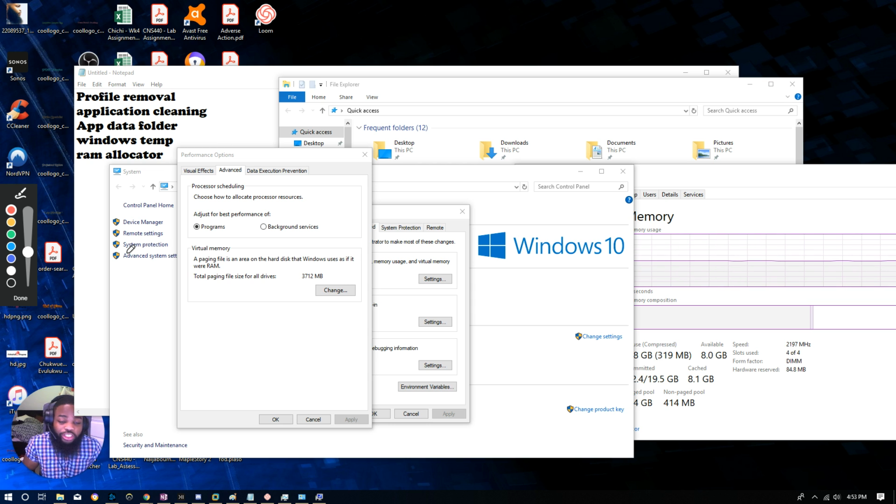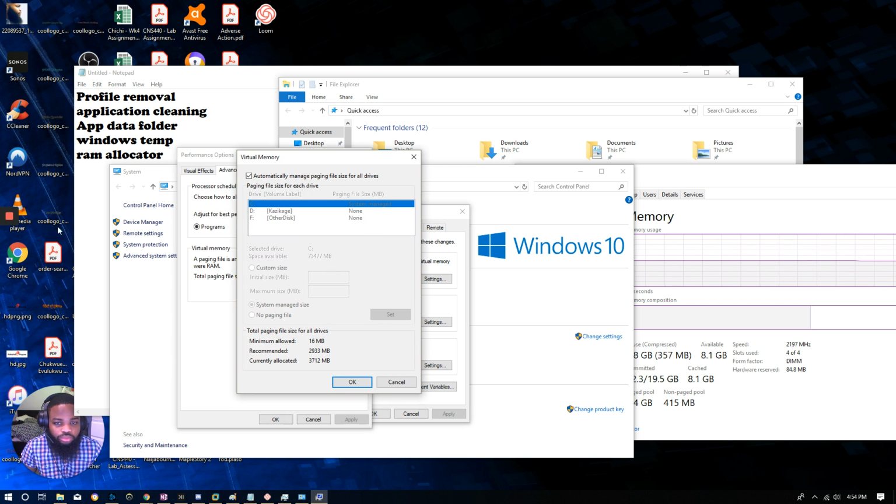So basically what that means is that as Windows sees fit, it takes space from your hard drive and uses it like it was RAM. That's pretty much what it's doing. As you can see here, it's taking 3 GB of space, almost 4 GB of space, to allocate more RAM for me. Well, you might say, "Oh, I don't need 4 GB of RAM extra. I can stop that." So if you feel like you don't need that much, you can go ahead and hit